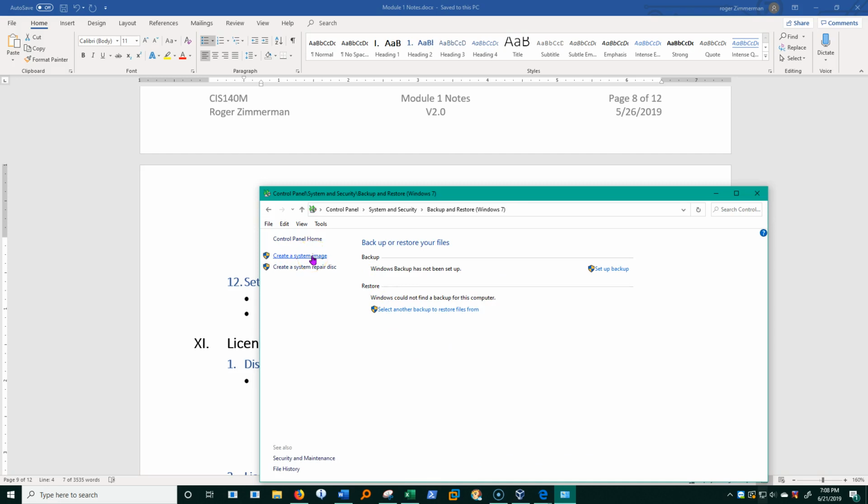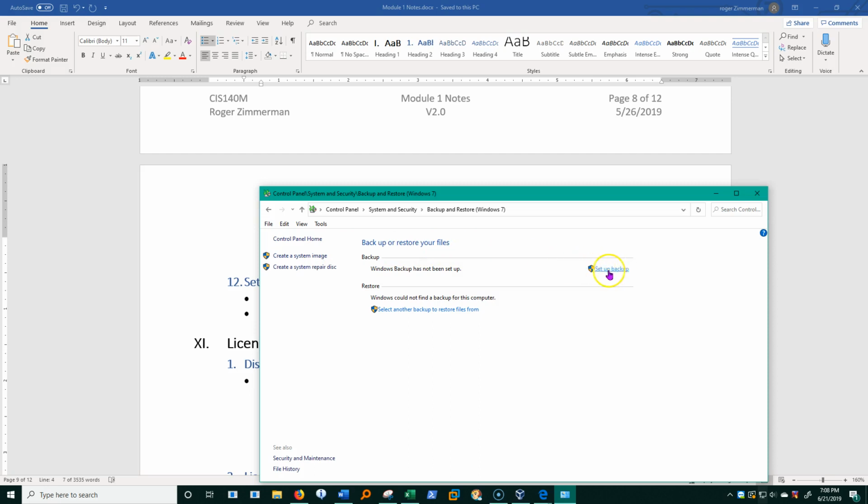A system image is an image that I can keep and then restore my computer to at any given time. I don't care how badly it's crashed, you can restore it to the exact image as you created it. That is to say, Windows, activation, applications, data, and everything. So I highly recommend that about once every 6 months.